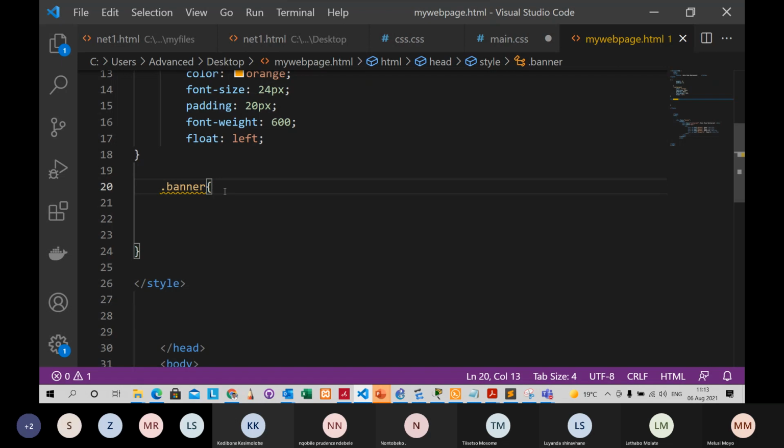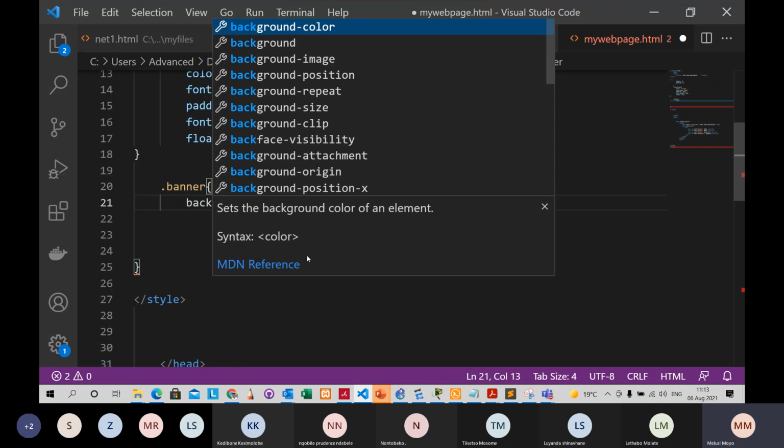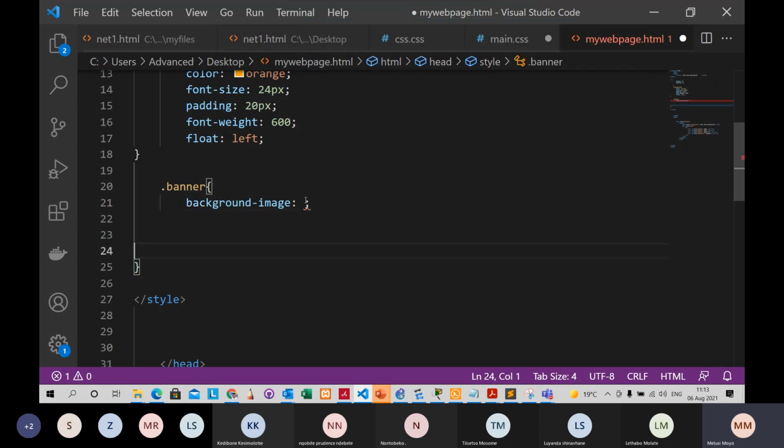Okay. So now let me just add this line. Now we're under banner. When I add a background picture, we have background color, and we have background where you can choose an image. So I want to add a background image, right? Now, ladies, let me go through this with you because we want